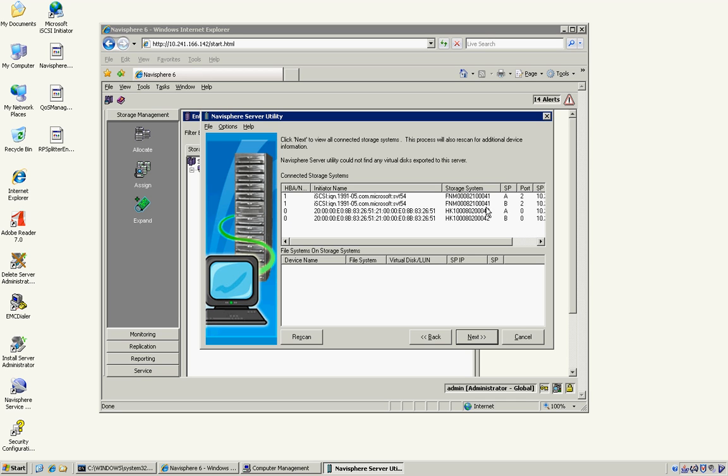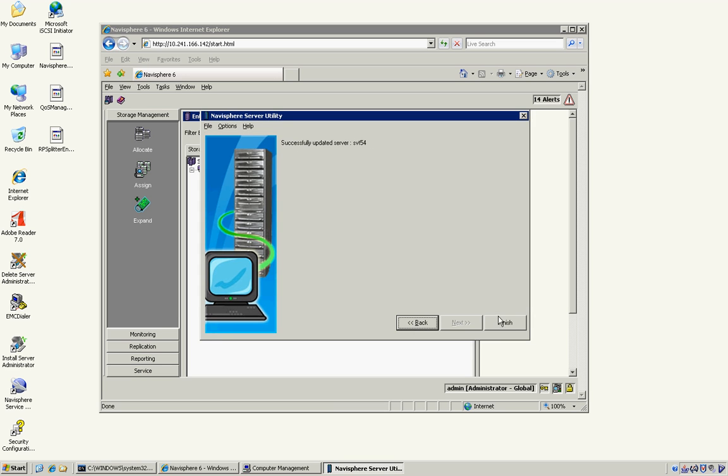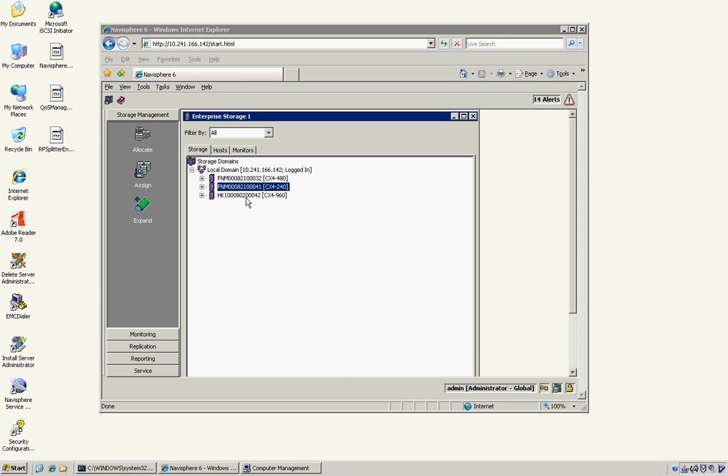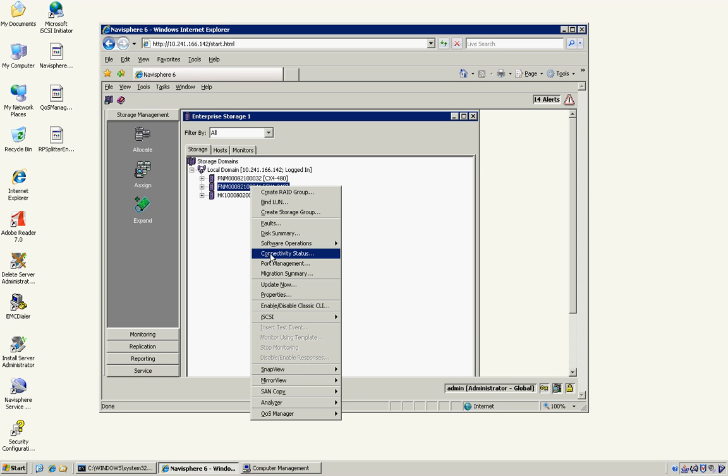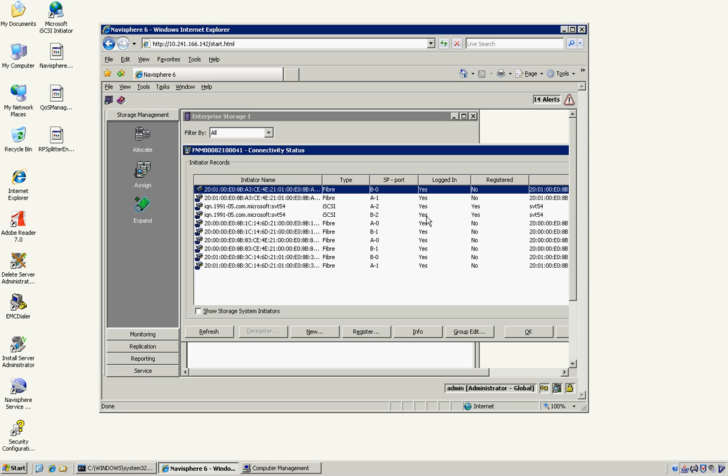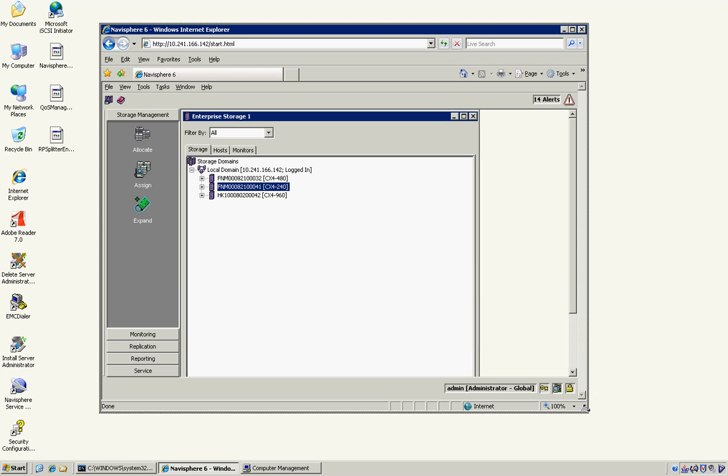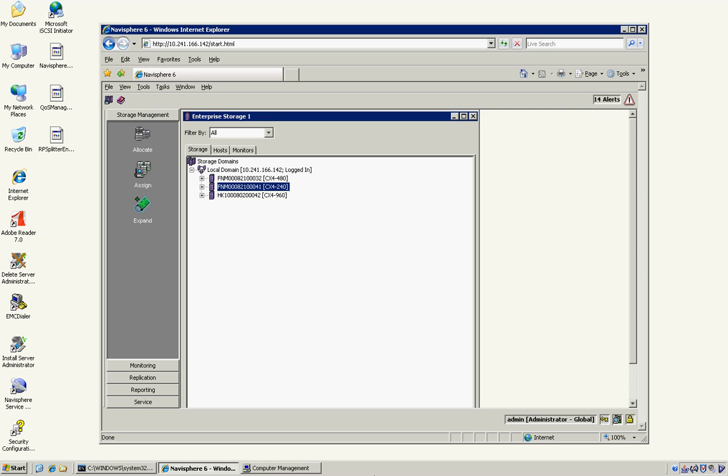Now to verify that the connectivity is in fact there, I can go ahead and look at my connectivity screen, and I see the initiator for the server SVT54 is in fact logged in and registered, so I should be set to go there. I'm just going to say OK to that. So we have connectivity via the host to the Clarion, and we have two SCSI ports there. Part 3 I've already basically showed you, so part 3 is just going around and doing a ping,